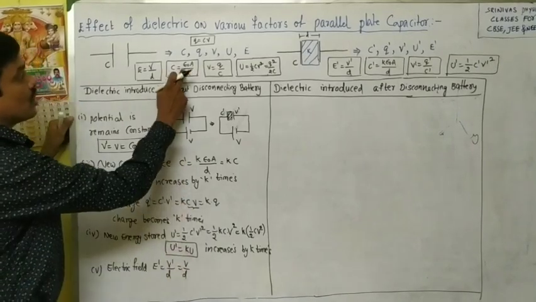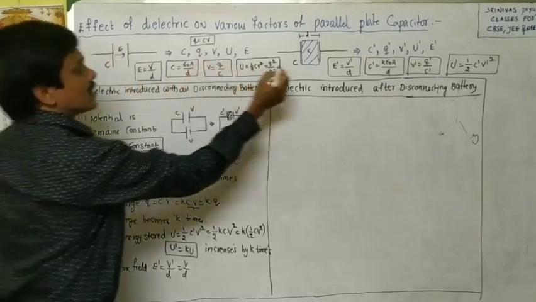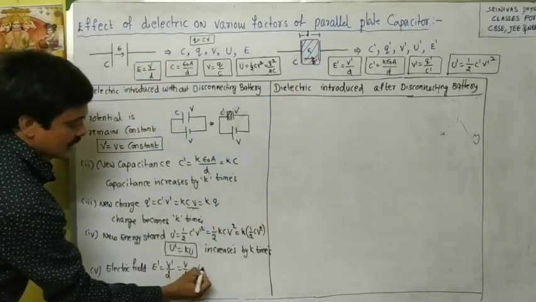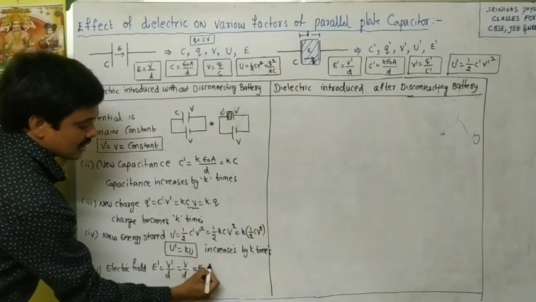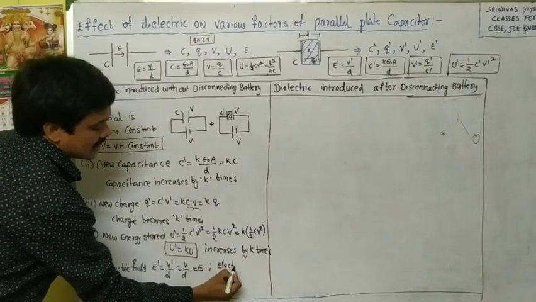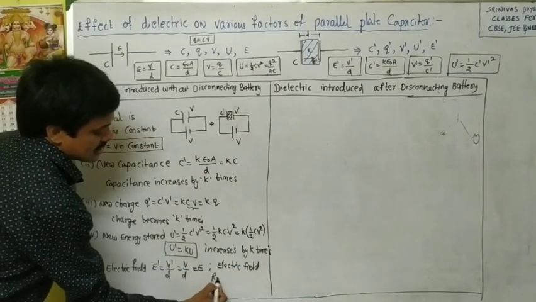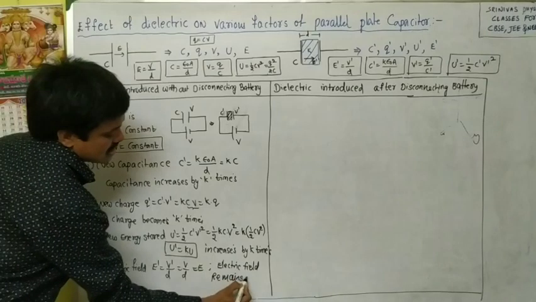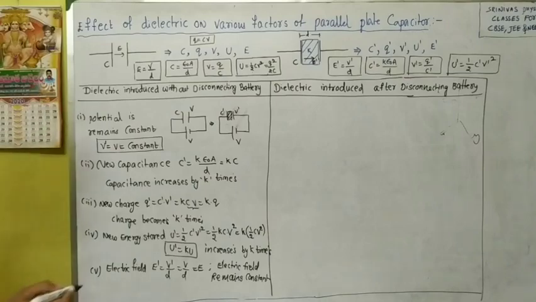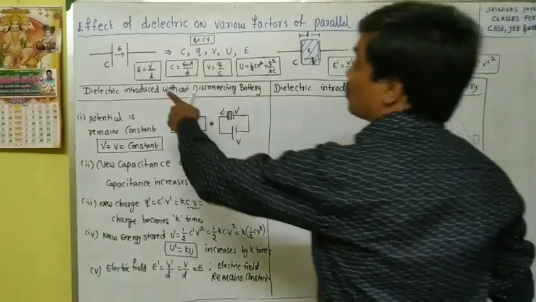This V by D is the old electric field in between the two plates of the capacitor. Here the new electric field is E dash, and this is E. That means the electric field remains constant, it does not change. Okay, and these are the factors and how they change when we introduce the dielectric slab without disconnecting the